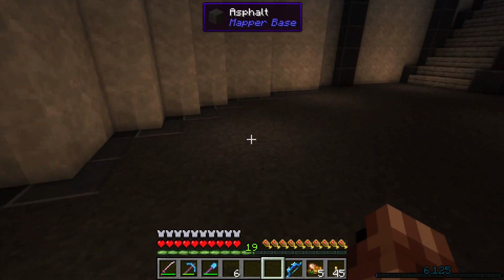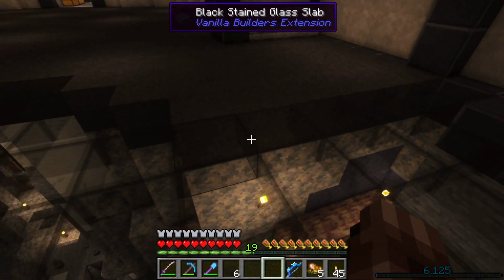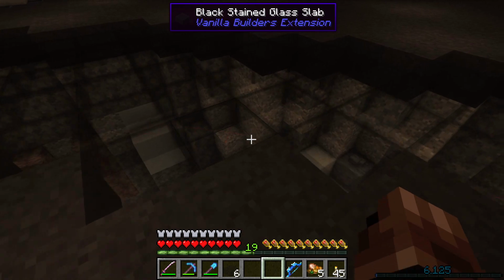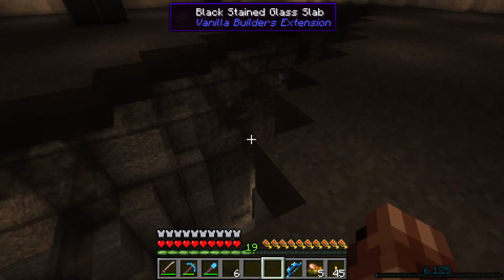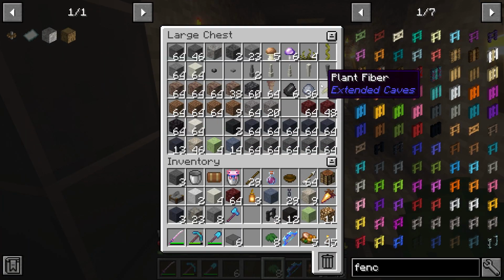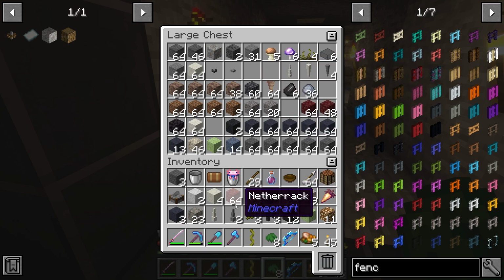The room is done. We've got hidden lighting, chisels and bits lighting, slabs on the floor. I'm not entirely sure whether these are going to have any negative effect on my ability to use this properly, but I'm going to head in there with some netherrack, I think, and we're definitely going to take some hanging moss. We're going to take some plant fibre. I can take a few of these as well,